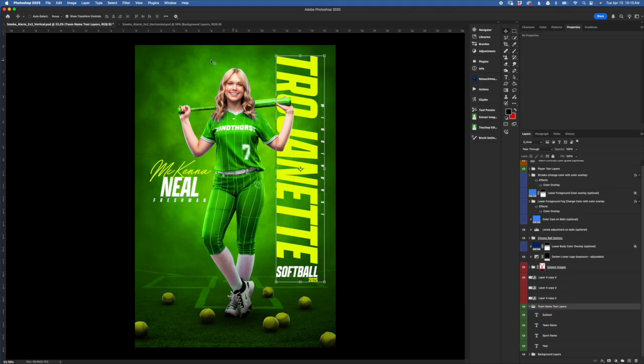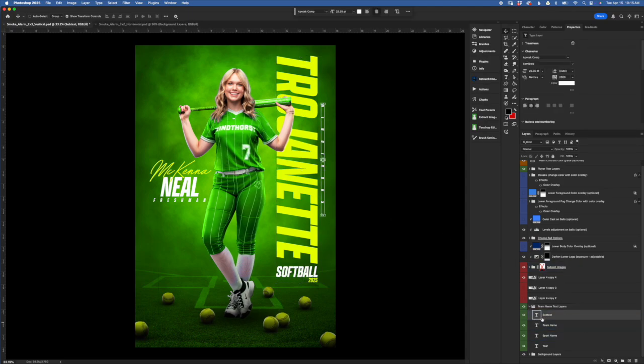You could make it go straight across above. You really have options, but going through the layers, we've got subtext. So that's this right here that says Windthorst. You should already know how to modify the text, but if you double click on this T icon here, it'll highlight your text, and you can